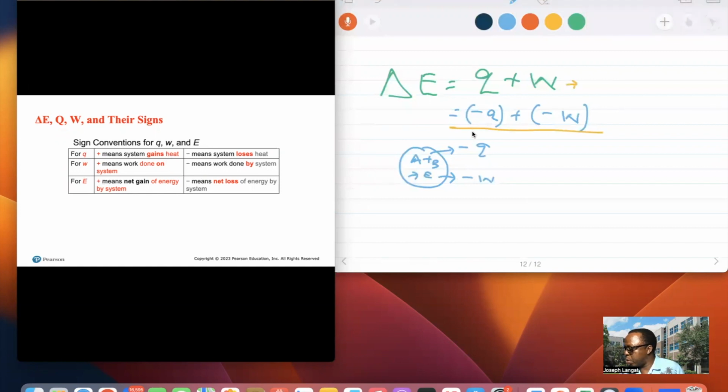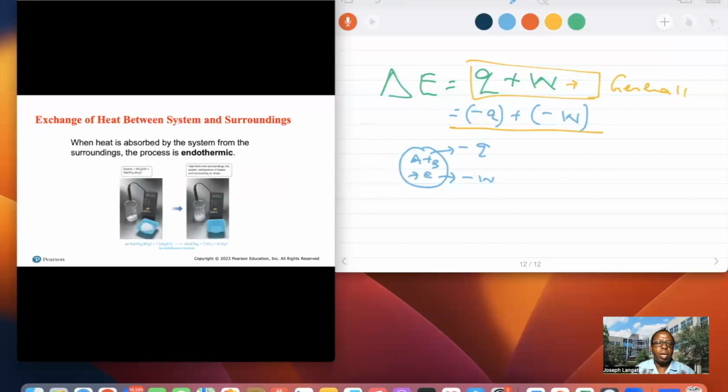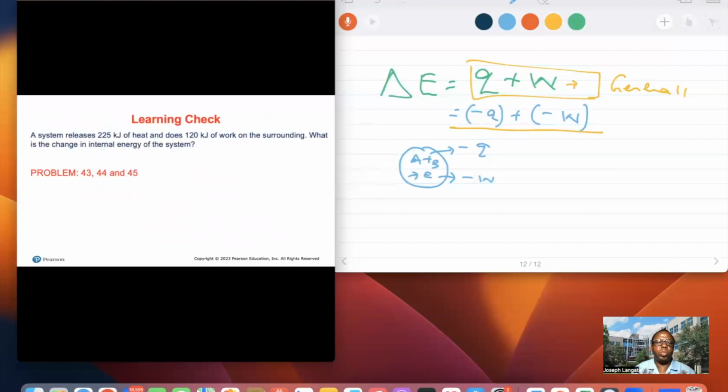This is just general right here. If you don't pay attention to the sign convention here, you may think that this slide doesn't really matter. I know it's negative, but it will have an impact on how you set up your calculation, and you'll get confused when you are given a multiple choice problem, and two values are the same, but one of them is positive, one of them is negative. Which one? For example, if somebody doesn't change the value here, you end up with something else. So for this, it will be negative